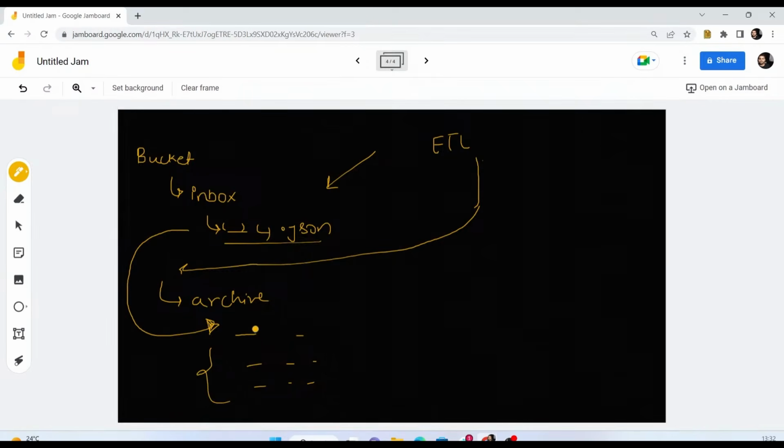So you will have a backup of files, and you will keep on getting new files in the inbox location. You will process them using ETL, and then move those files to the archive location. So this is the ETL pipeline that we are going to design. I hope you got a brief idea about it. In the next video,